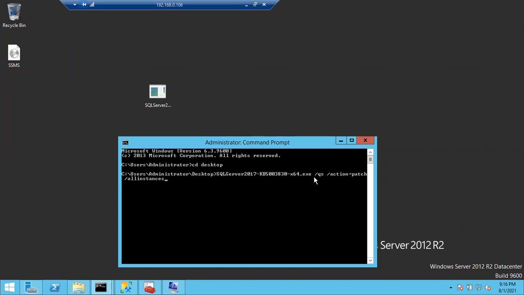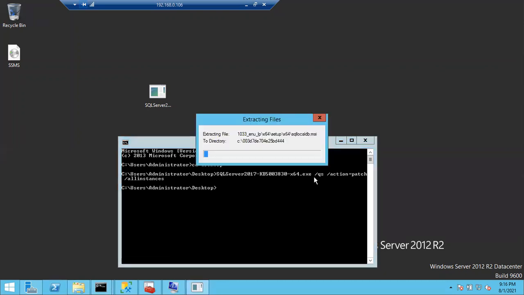If any part of this query is wrong, it will simply throw you an error. As I have already patched the SQL Server, if you run this, I guess you will get an error. First it will extract. Not an error, it will simply tell you no instances to patch. Right, Swati? Clear? Okay, sir. Got it now. So you can use the command also to patch the SQL Server. This is the command to patch any SQL Server.